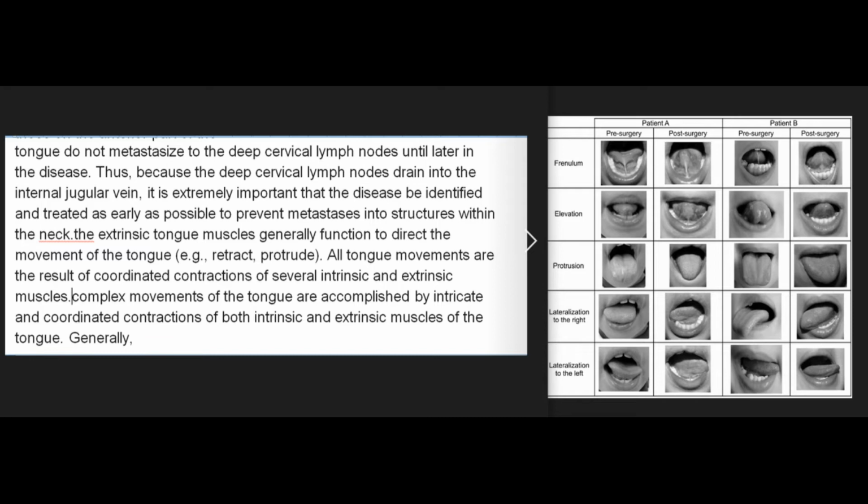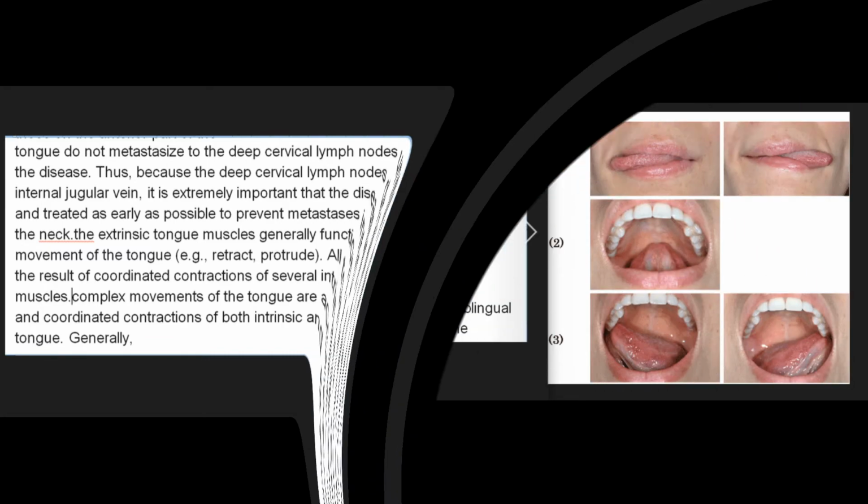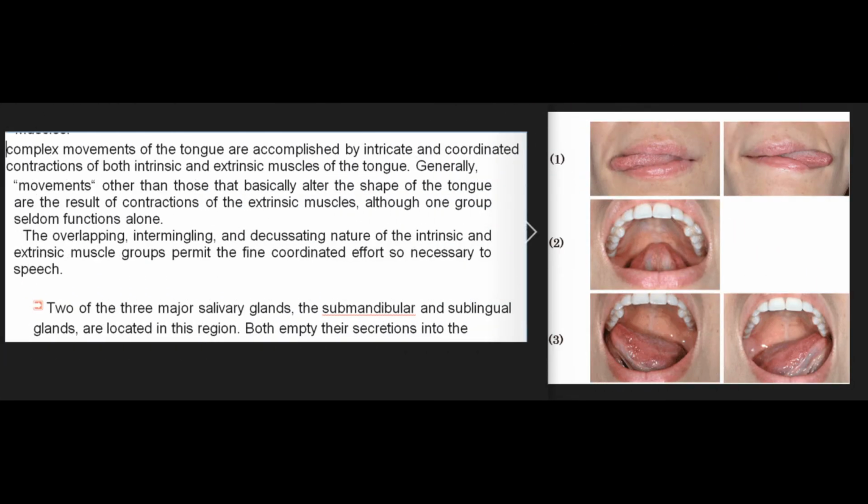The extrinsic tongue muscles generally function to direct the movement of the tongue, for example retract, protrude. All tongue movements are the result of coordinated contractions of several intrinsic and extrinsic muscles. Complex movements of the tongue are accomplished by intricate and coordinated contractions of both intrinsic and extrinsic muscles of the tongue. Generally, movements other than those that basically alter the shape of the tongue are the result of contractions of the extrinsic muscles, although one group seldom functions alone. The overlapping, intermingling, and decussating nature of the intrinsic and extrinsic muscle groups permit the fine coordinated effort so necessary